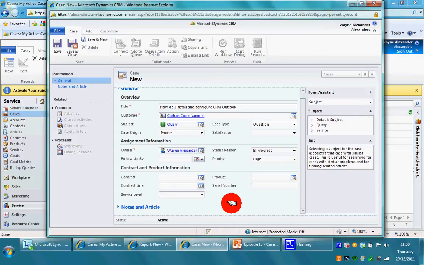Contracts also work with time as well. We could say that they only have support cases with us for 6 months, and we could set that up in the system, and once 6 months has ended, the system physically wouldn't allow you to link that contract to the case. Last but not least, we have the notes and articles, which we're going to take a look at in just a moment. But first thing I'm going to do is I'm going to save this